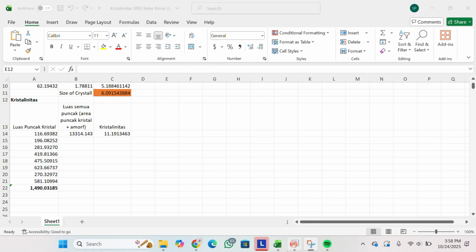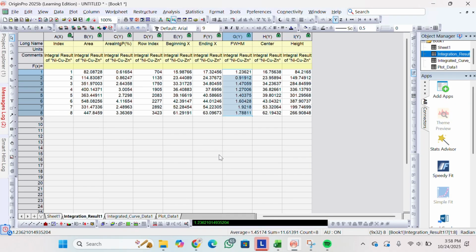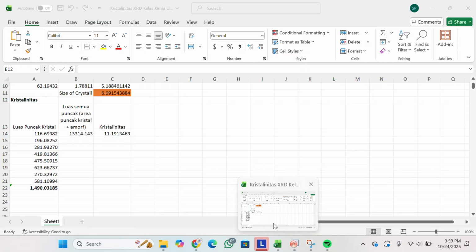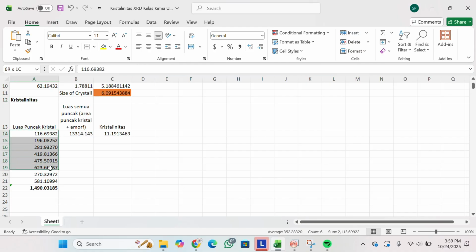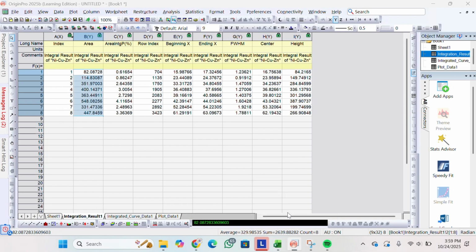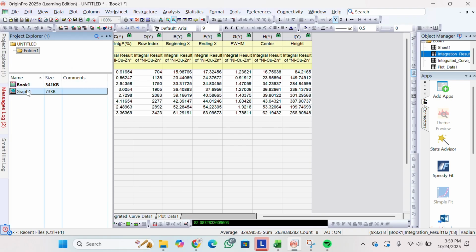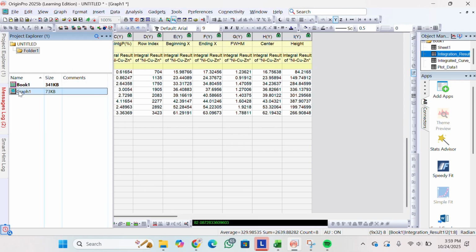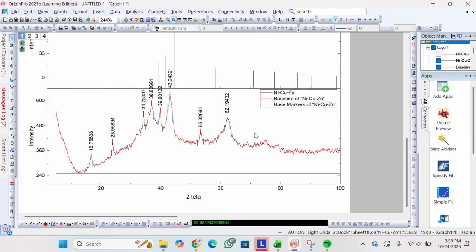and we got the size of the crystal is 6.091. And for the surface area, we have to click the area column and then copy to the Excel, paste, and then for the overall surface area, we have to click Project Explorer, the graph, and then